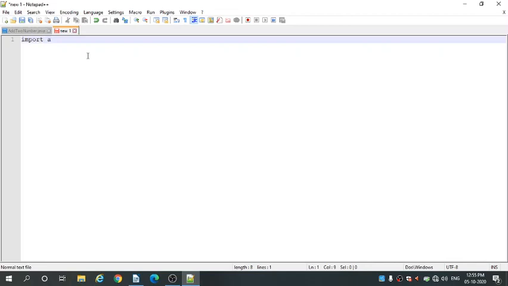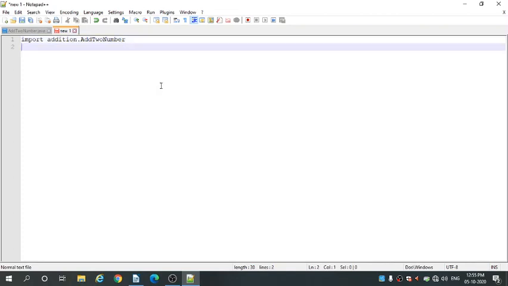Import addition.AddToNumber. Okay, we are importing here the addition package which we have recently created. In that package we are importing the AddToNumber class into this class.